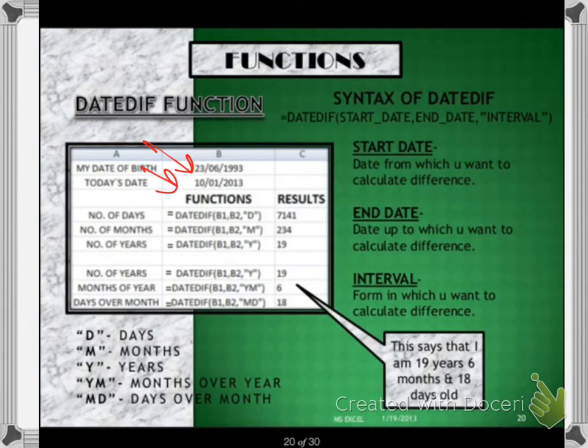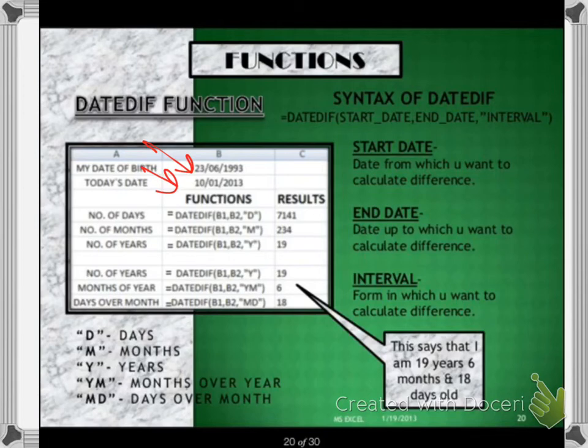Start date is the date of birth, end date is the current date, and then they are finding the interval first in D. So the number of days we are getting is 7,141 days. Now again they have changed the argument to M, number of months, 234 months between the date of birth and current date, and number of years, 19 years.